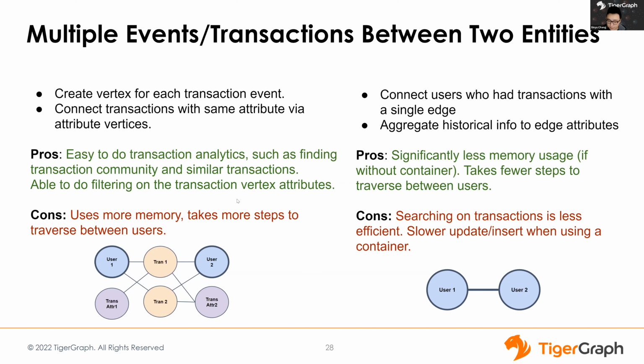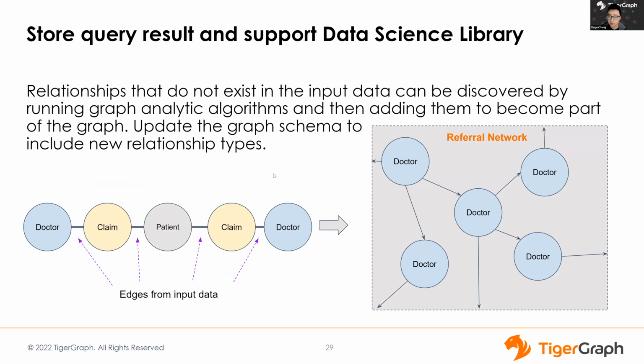Okay, so usually, in this case, the design on the left-hand side is a lot more frequently used. And other than all the types we defined based on the input data, right? Because I mentioned in the beginning, usually we define the schema based on two things: one is the input data format, and the other one is the use case, right? And other than the schema types we define based on the input data info,